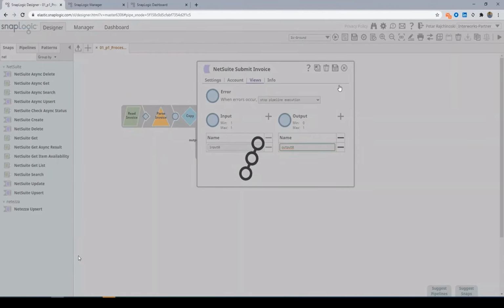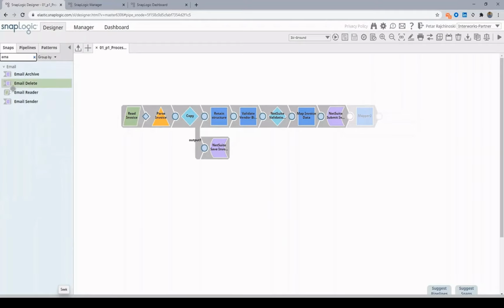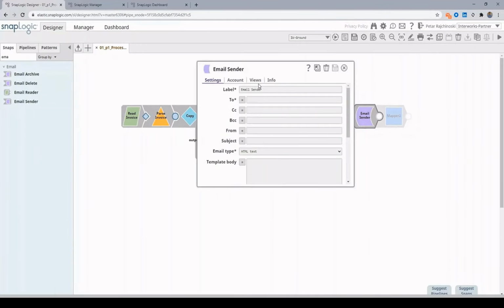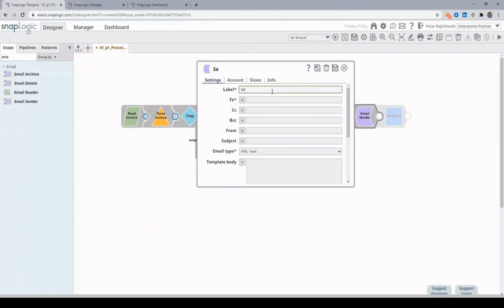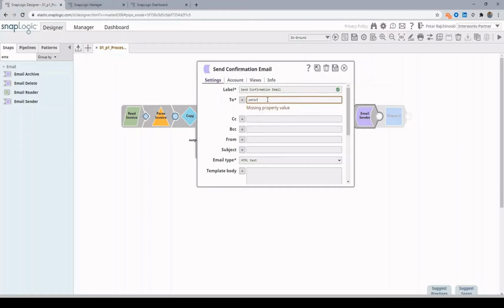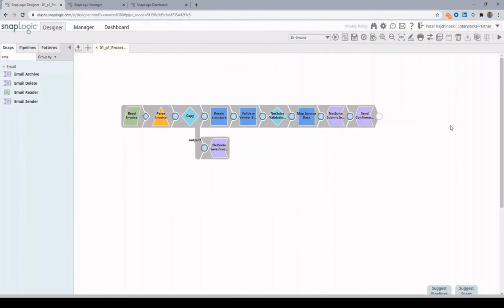We're setting up the parameters in the NetSuite create snap, and next step is when the invoice is successfully created, we should notify the vendor, and for that purpose we are using the email sender snap, which means that we'll send an email notification, and also we can attach files and do some other interesting things using JavaScript, to have more understandable content in the template of the email message.